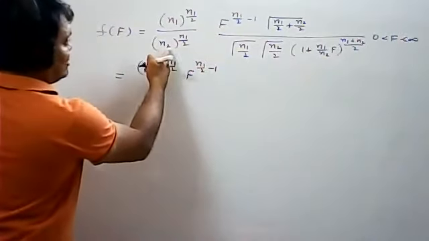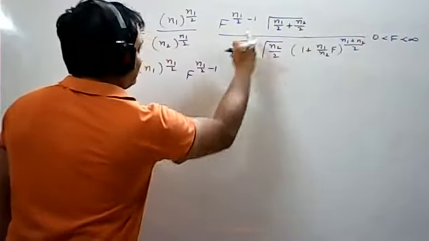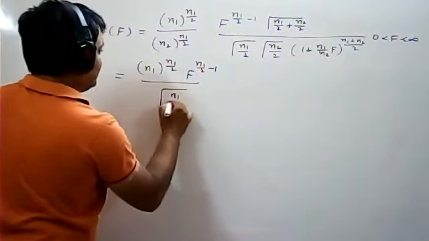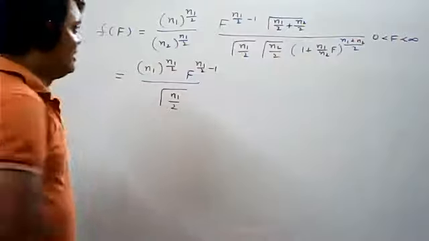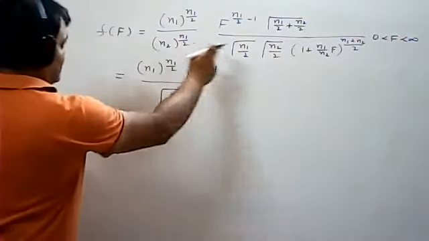Here n2 is there, so you have to take this term. Here n2 is not there, n1 by 2, gamma n1 by 2. That term also I will consider here only. N1 by 2, n1 by 2. The remaining terms, n2 is there. The remaining terms I will write now. What are the remaining terms you have?